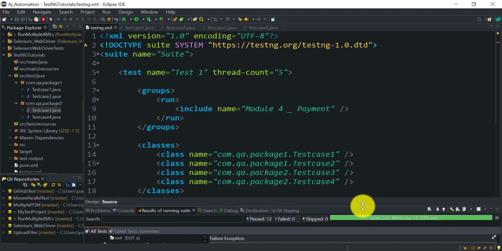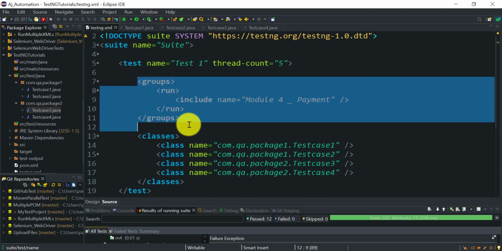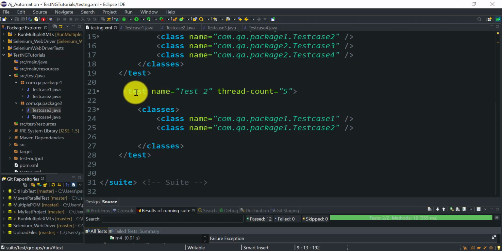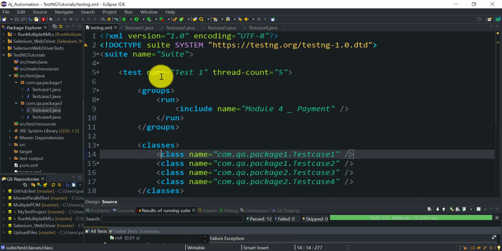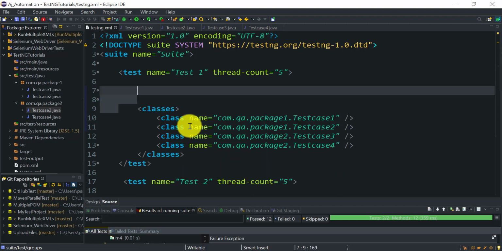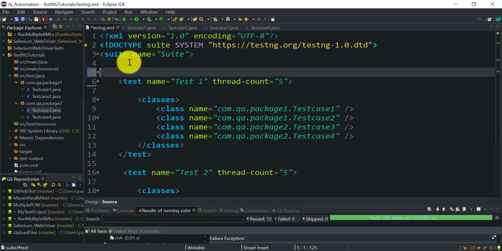Okay, so here the point is, when you have defined the groups and you are running at the TestNG test level, then that particular group will be applicable for that particular test only. It cannot be applied to other tests. So it's limited to that particular test only, as it is at the TestNG test level. If I want to apply it to multiple tests at the same time, then simply you can define it at the TestNG suite level. So I remove this from the test, and I will define it at the suite level.